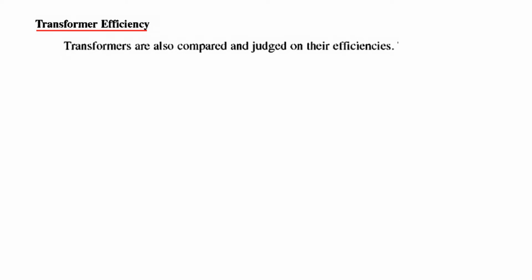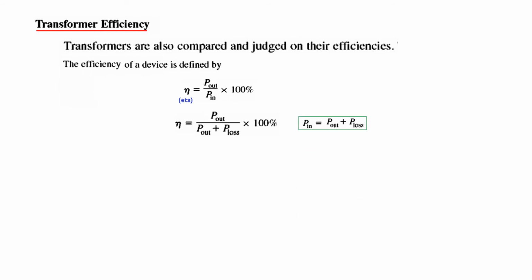Okay, then there is another term that is used for comparing two transformers, that is called the transformer efficiency. And we have learned earlier how an efficiency is defined. We know that the efficiency eta is defined as P out over P in into 100%. So in our case, P out remains same, but P in we can write it as equal to P out plus loss. From here you can see that P in is equal to P out plus loss in the line or in the system,